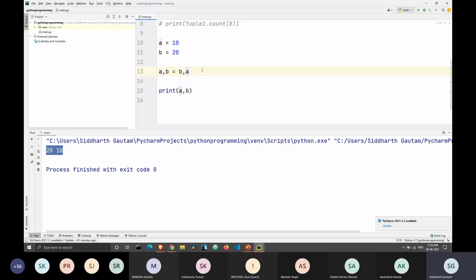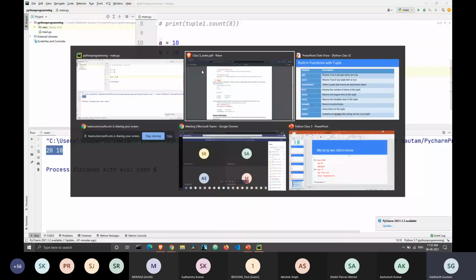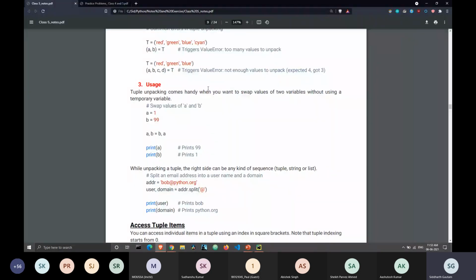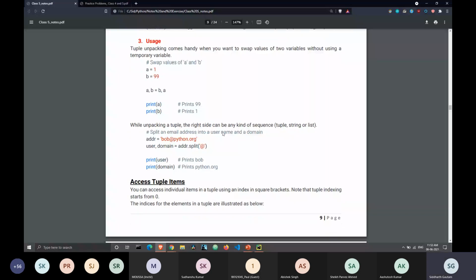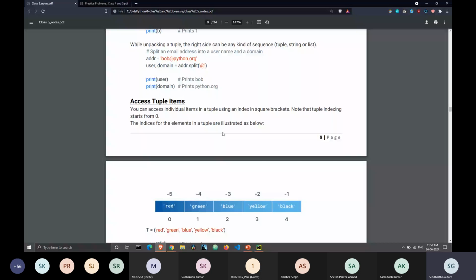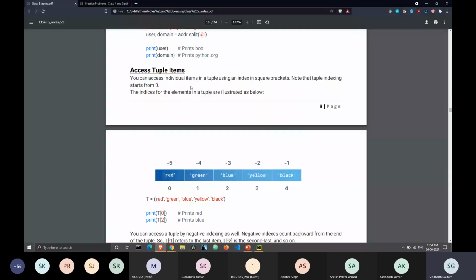Now we will go back and take a look at what some other given topics are. So there's accessing the elements of a tuple. That's exactly the same as that of a list. There's absolutely no difference.